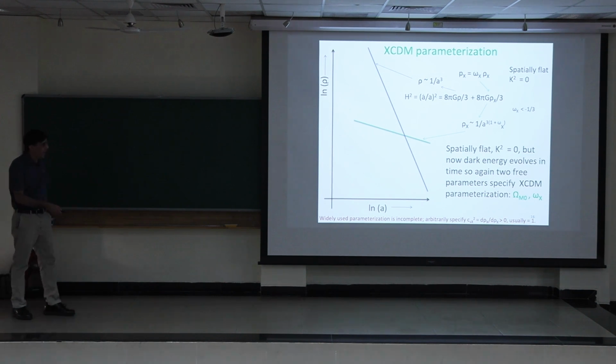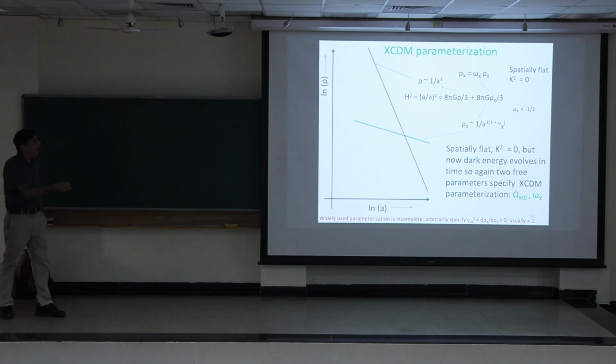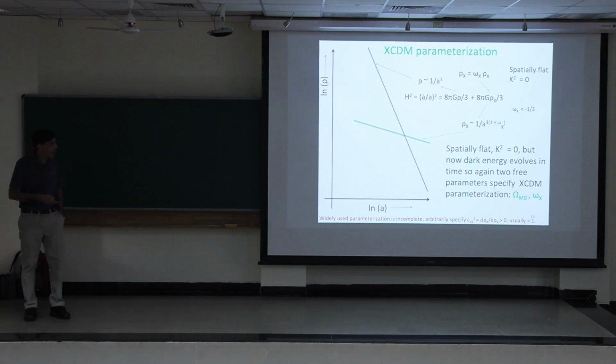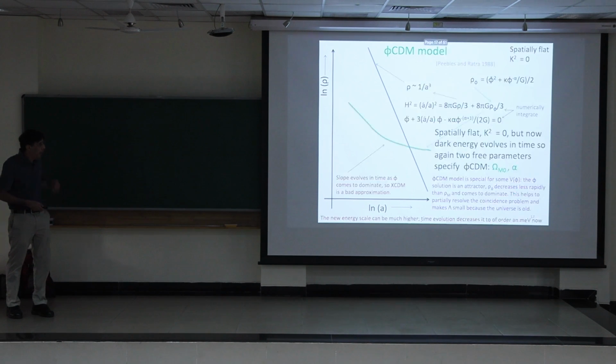And the 2 free parameters in this case are going to be omega matter at the current epoch and w sub x. But you can immediately see what the problem with this model is, because if you take dp d rho, that'll give you the speed of sound squared. And if this is negative, the speed of sound squared is going to be negative. And then the speed of sound becomes imaginary, and it's not stable. So this is not a physical model. In the computations, people arbitrarily usually set the speed of sound to the speed of light there.